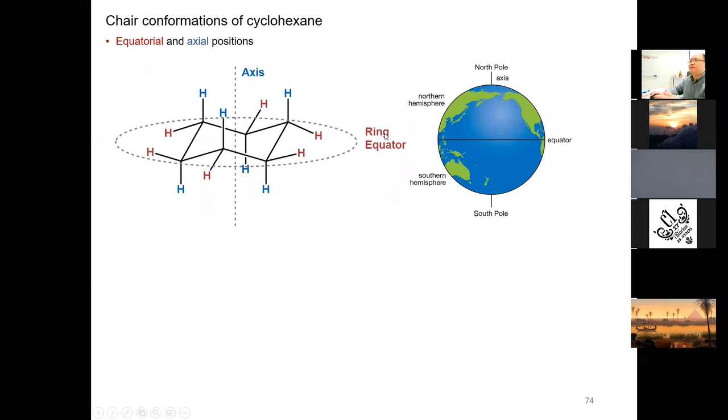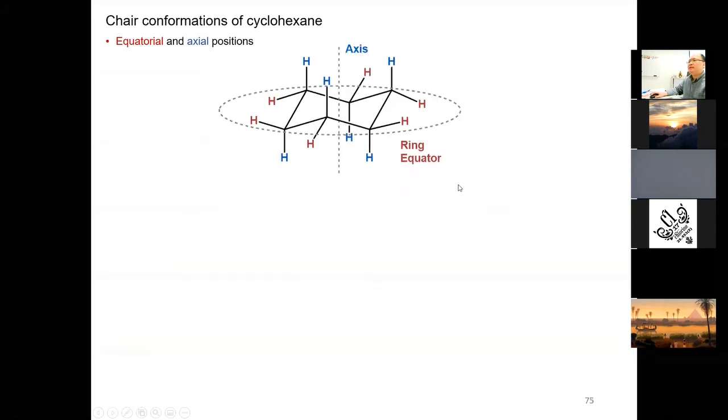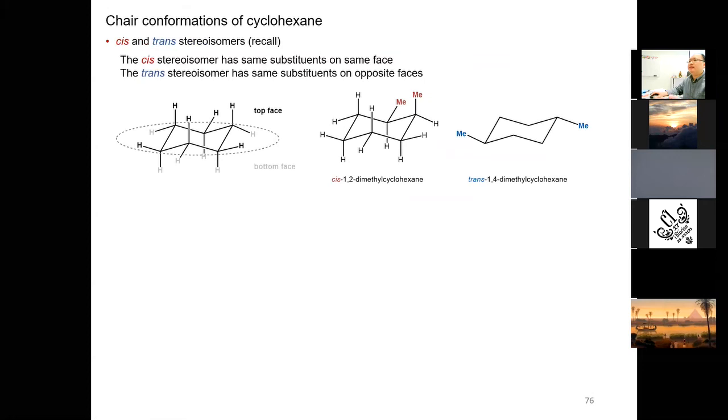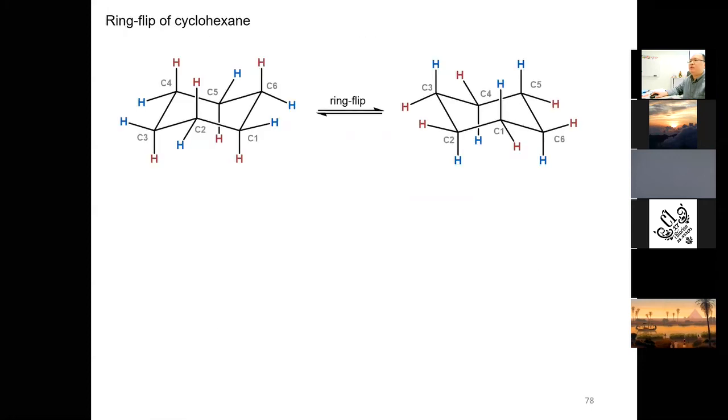We have axial and equatorial, just like the Earth, and we will eventually talk about the faces of the cyclohexane, and then we will talk about the ring flip. So you see, this is what we learned to draw, and this is another cyclohexane, right? They are related to each other by a movement of bonds, and we will talk in detail about these things